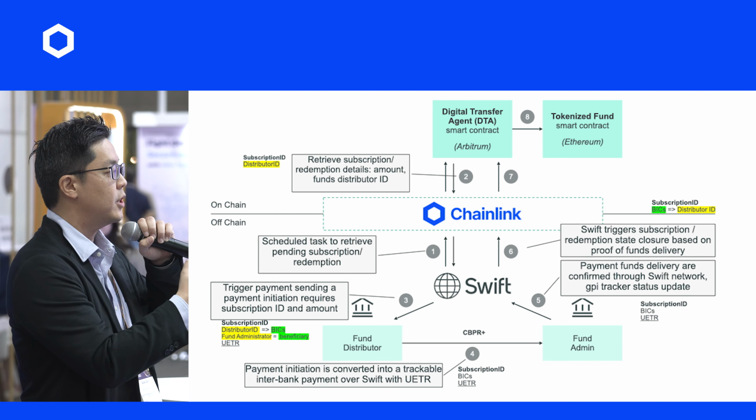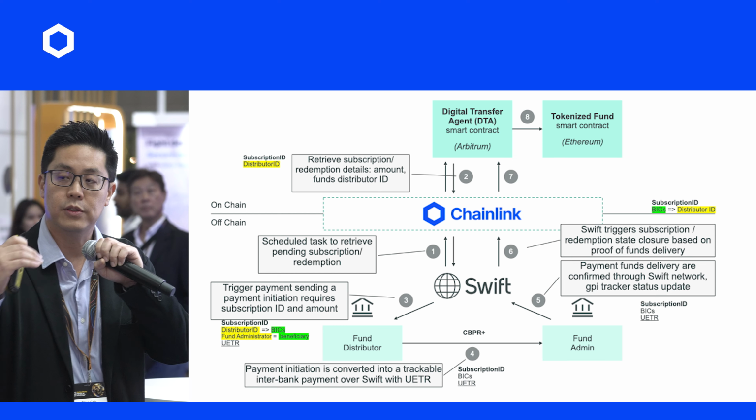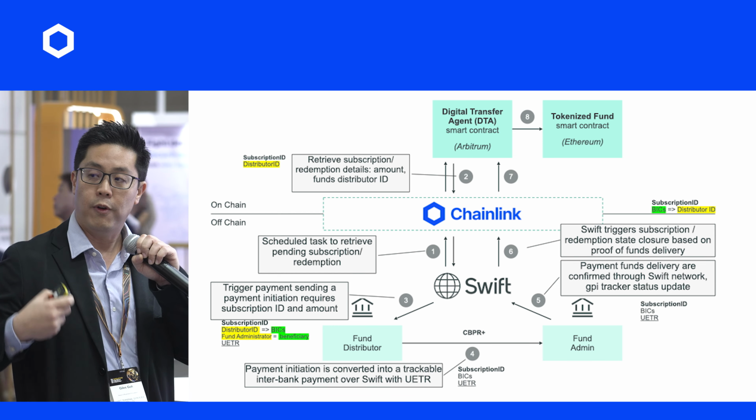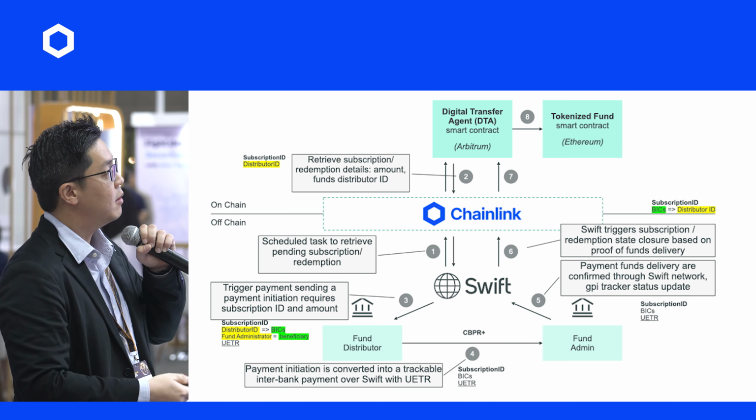Swift triggers the subscription and the redemption state closure, right, via API again. This is the Swift Transaction Manager that does this. So what it does is it gives the proof of delivery of funds up to the Chainlink Platform. The Chainlink Platform then